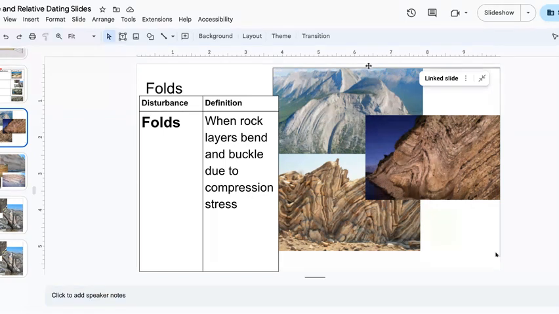Enjoy your YouTube spelunking. Anyway, you can fold rock. You can fold Earth's crust with enough pressure and with enough time. So if you look along mountain ranges like the Rockies, holy buckets. There's a lot of folding happening because there's a lot of pressure along that plate line. Folds are when the rock layers, multiple rock layers, buckle and bend due to compression stress over time, millions of